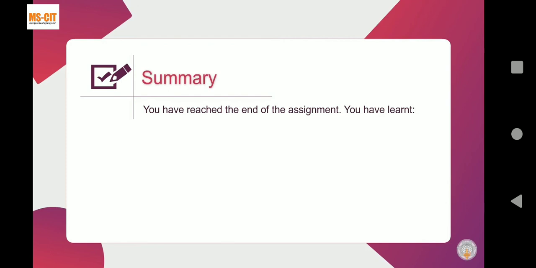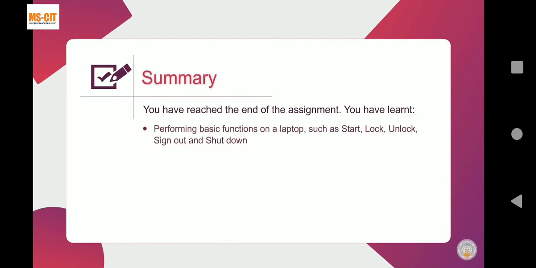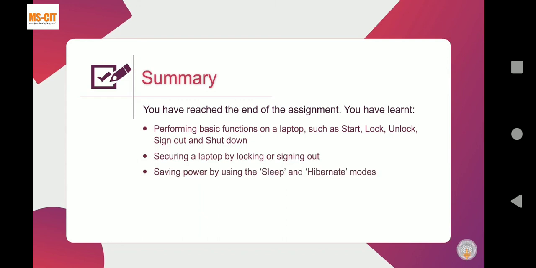You have reached the end of the assignment. You have learned performing basic functions on a laptop such as start, lock, unlock, sign out and shut down. Securing a laptop by locking or signing out. Saving power by using the sleep and hibernate